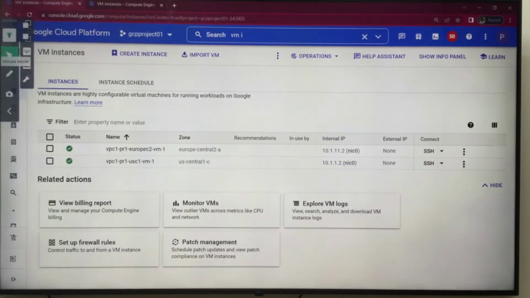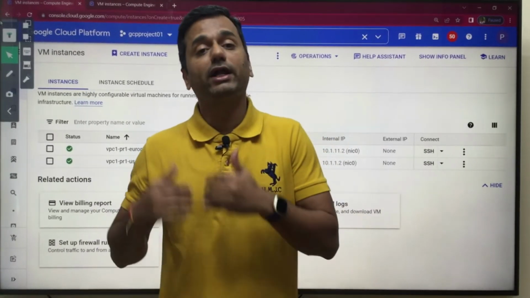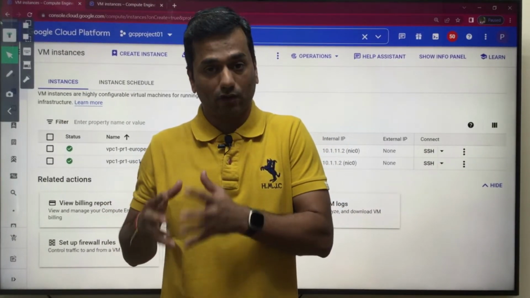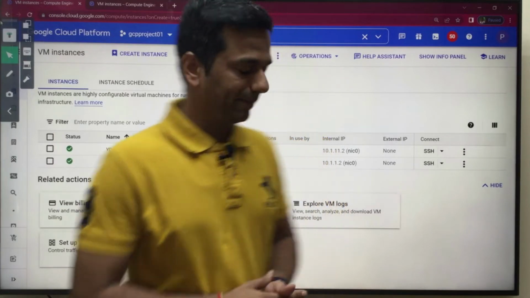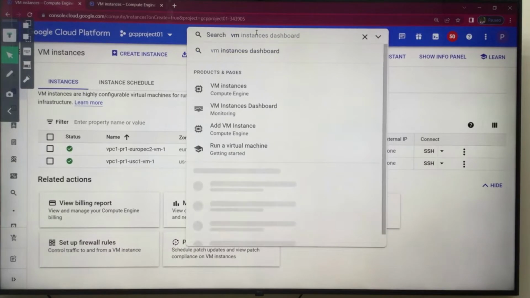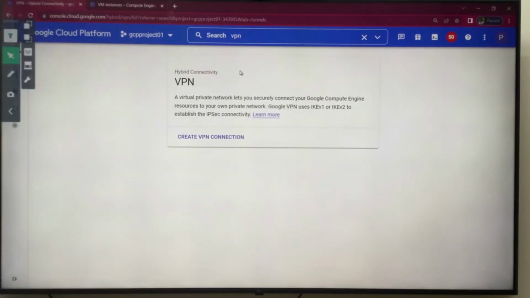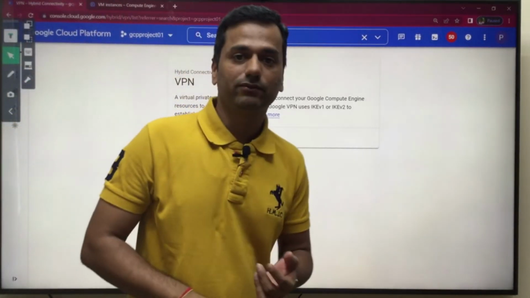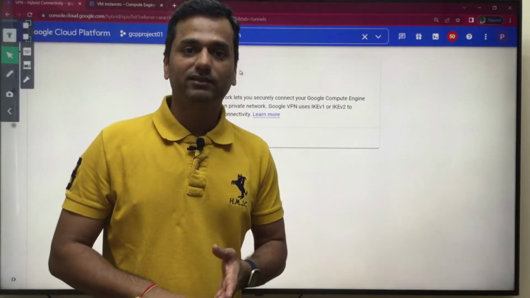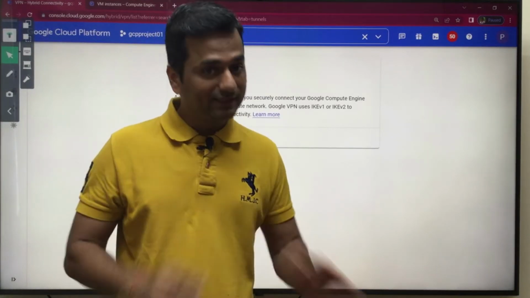Go to the console. So basically you have two projects within the same organization. Definitely you have to configure the HA VPN for each project. Then in the search bar on project 1, let's configure VPN. Once you click on VPN, hybrid VPN, there is no VPN currently configured over here. Guys, I am telling you, without a VPC you cannot configure the VM, Cloud Router, VPN, nothing. The first step is to configure the VPC first.